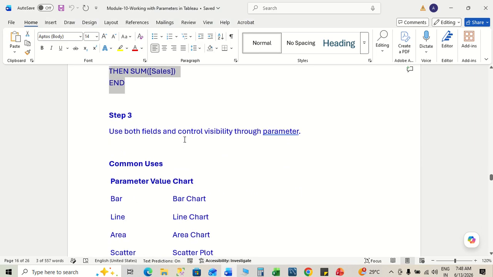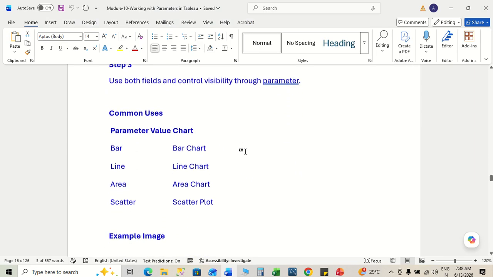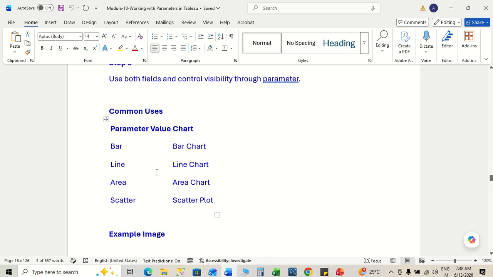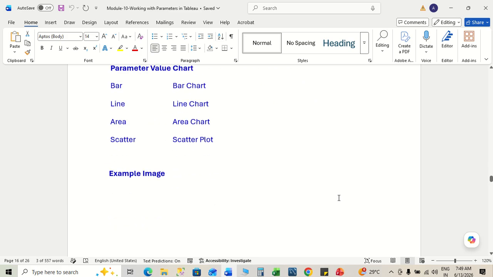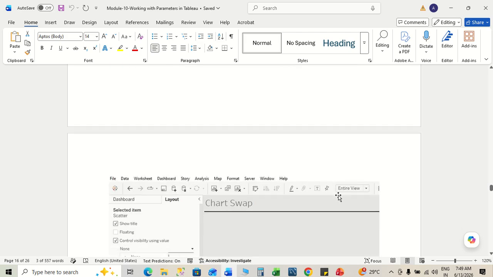Use both fields and control visibility through the parameter. So bar for bar chart, line for line chart, area chart, like that. So example image,